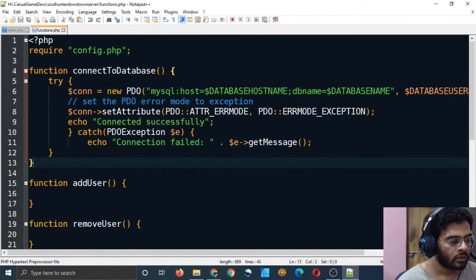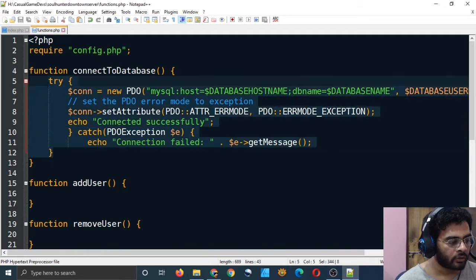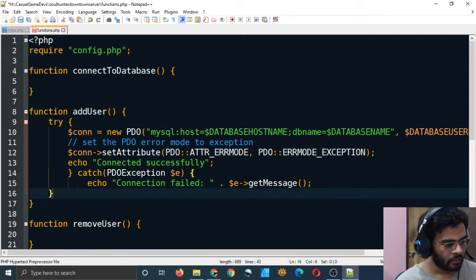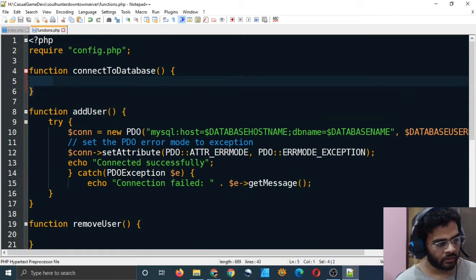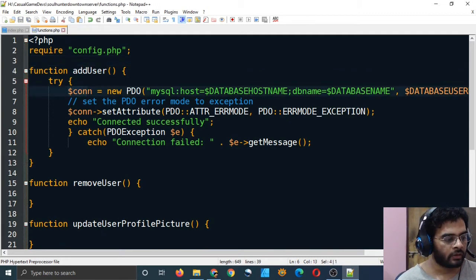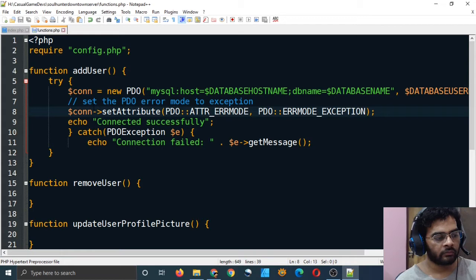I think that we should just cut this code and paste it in all of these, so that we can open the database connection and close it within the same scope, because this variable is declared within this function, right? And we can't close it in another function. If we try to close the con variable in some other function, it will create its own variable and try to close it, which will be useless really.